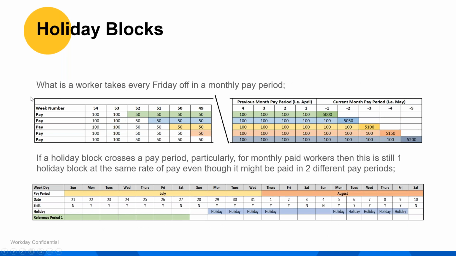Again, just to show an extreme example of the way you may have to tackle calculations from a monthly point of view. And I've seen people do this. So somebody takes off every Friday in the month. Perhaps it's getting near the end of the leave year and they want to use their leave with a whole bunch of shortened weeks. In that instance, because you're rolling back from each of the individual Saturdays before,